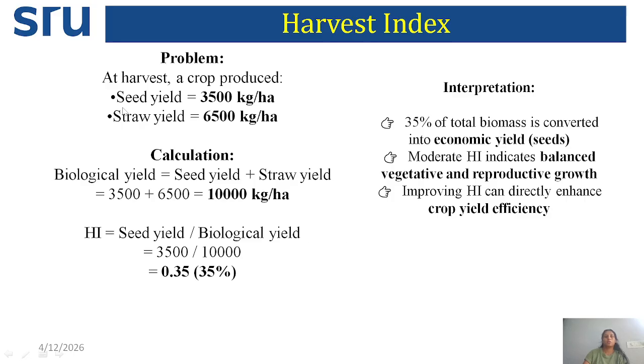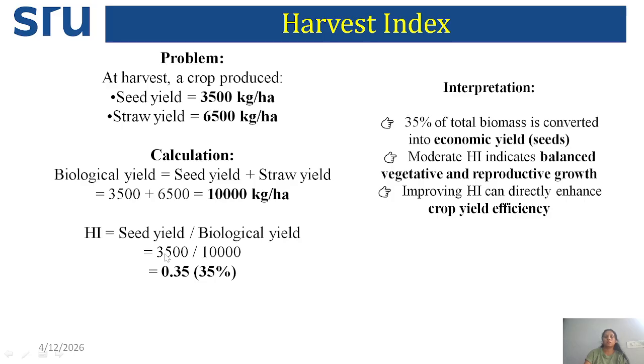Here, seed yield is 3500 kg per hectare. Straw yield, which means only the vegetative part yield, is 6500 kg per hectare. To identify the biological yield, you need to add both seed yield plus straw yield. Then it is around 10,000. After that, to find harvest index, you need to take the ratio of seed yield over